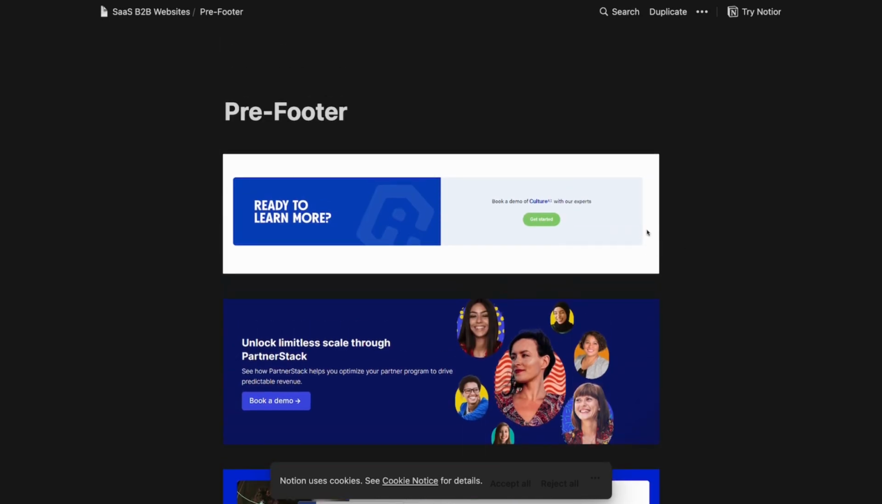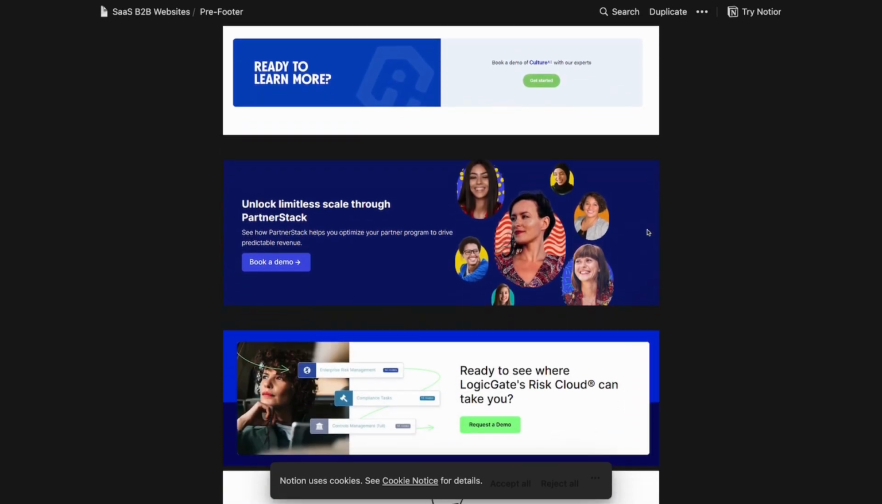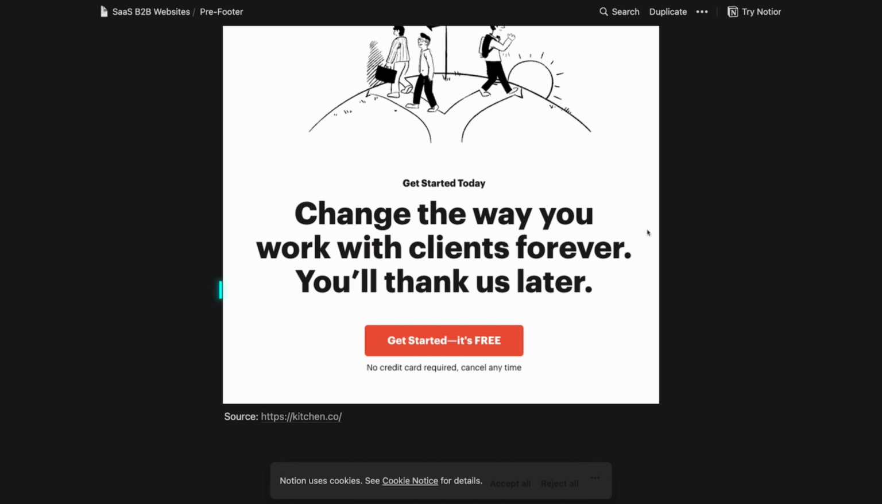So I put some examples here which you are happy to look at, and I really like the kitchen one because they've done something very clever. So first of all, they have this kicker text which says "Get started today." So that kind of shows that there's some sense of, let's say, urgency. But also the headline, "Change the way you work with clients forever. You'll thank us later." That kind of shows confidence in the product's ability to maybe change or revolutionize client management